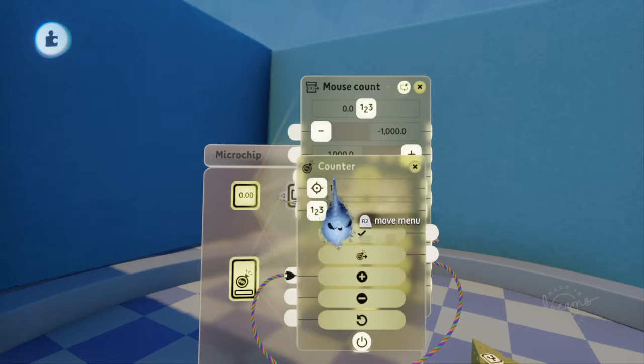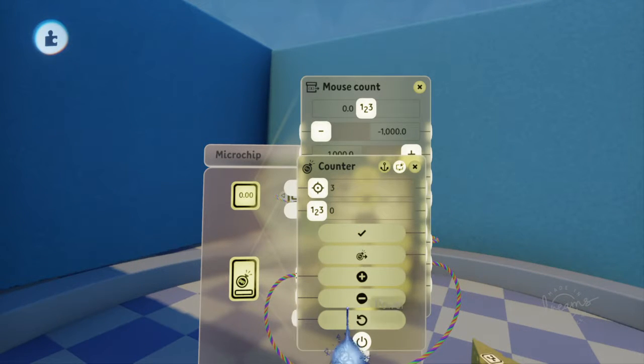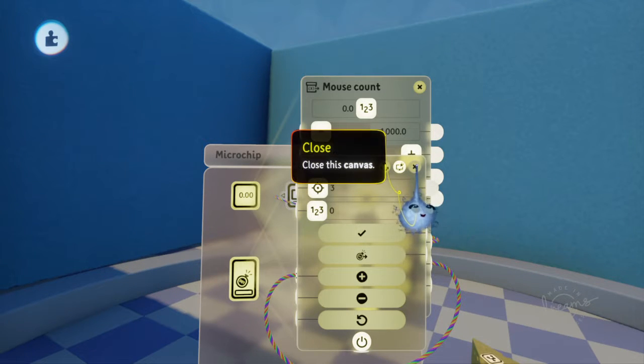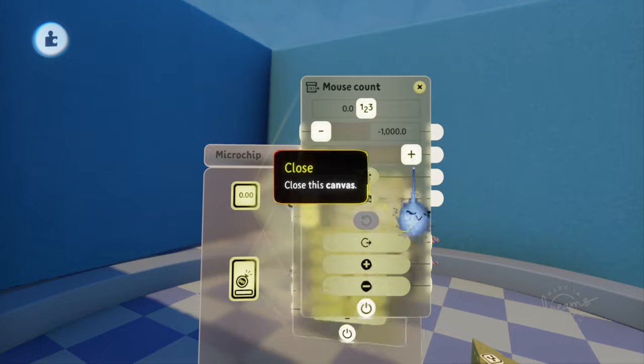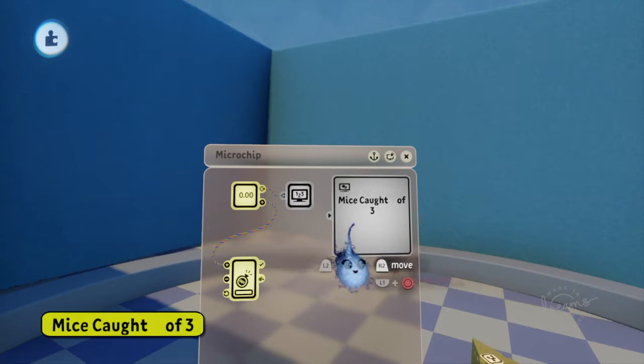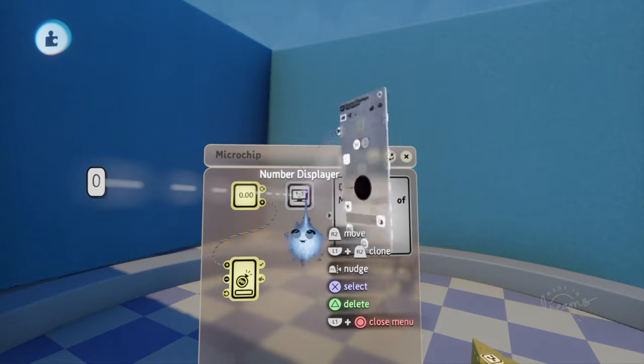So in here we're setting the counter. This is what we want to get to. The target value is 3, and we're going to increase it by 1 every time that variable modifier gets modified. So that's basically what we want, and we want to be able to have that number displayer